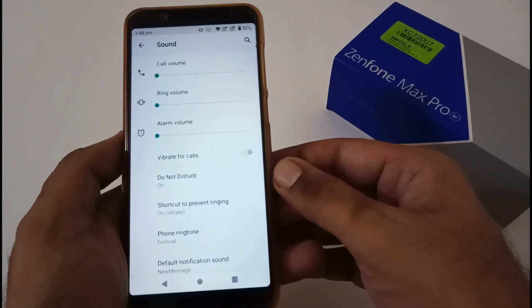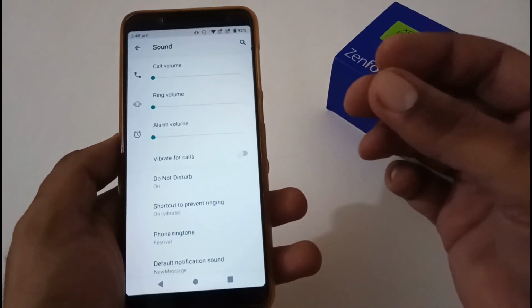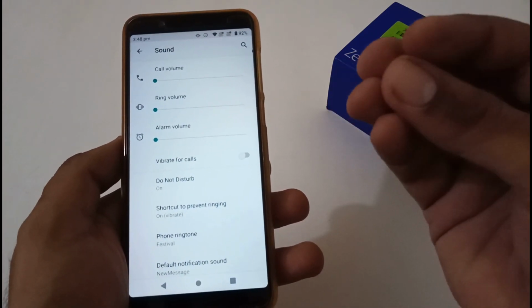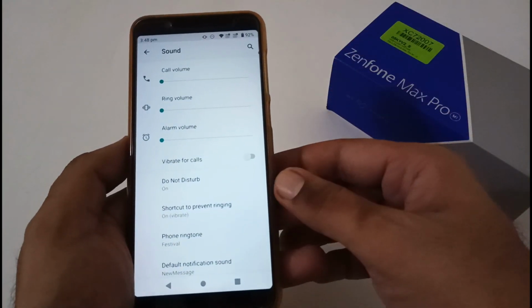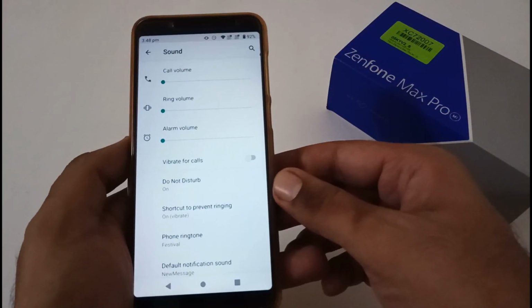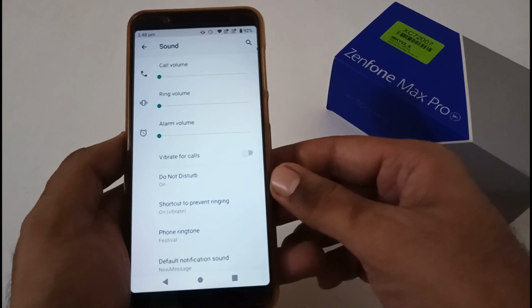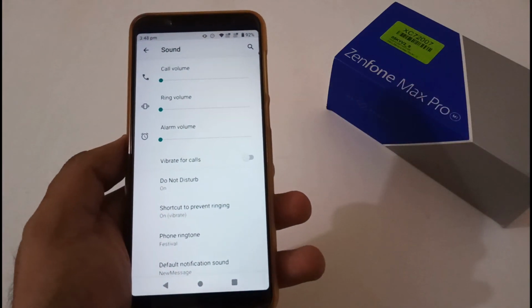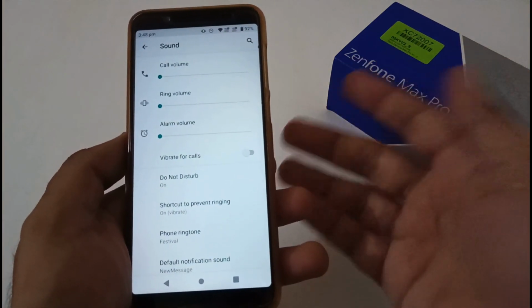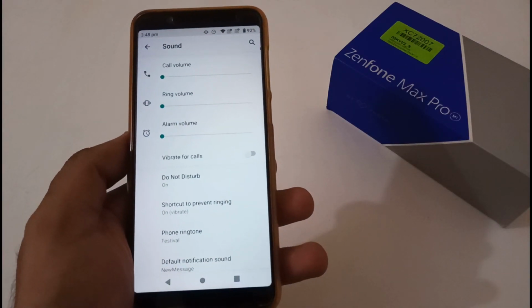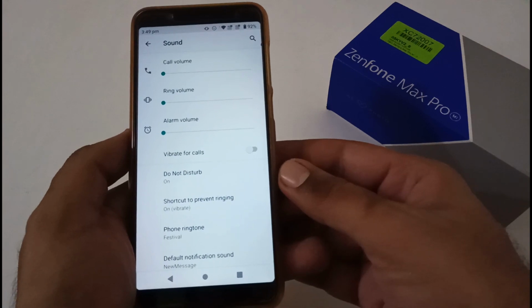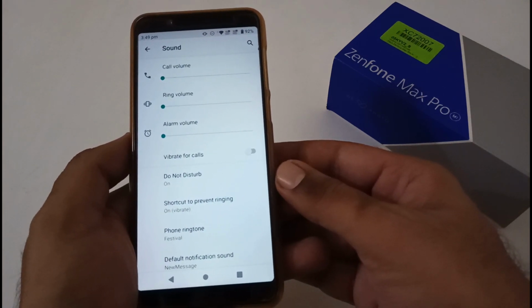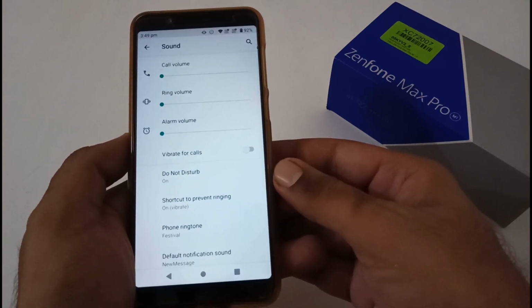Apart from this, with respect to bass, sometimes it feels like it is working fine, and sometimes it is again a worst-case scenario, or I would say a worst experience. So I really recommend you share your experience in the comment section below with respect to the bass improvement. If it is working fine, then you can tell me. If it is, as I mentioned, sometimes worst, you can also post the same.